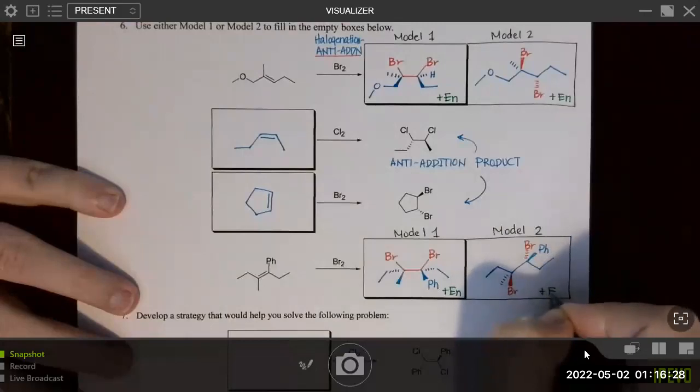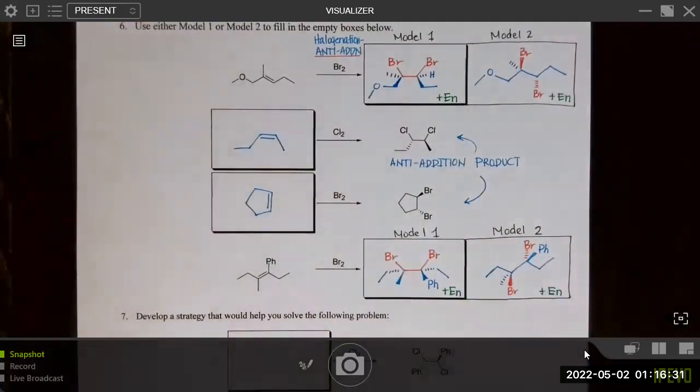Always, we're never doing an enantiomer selective reaction. We're always getting a